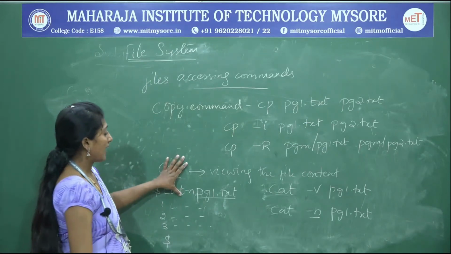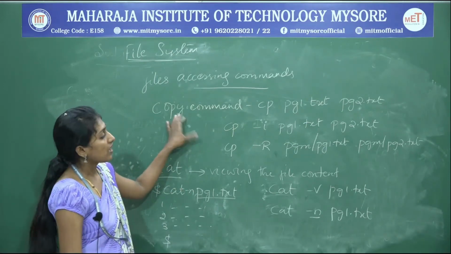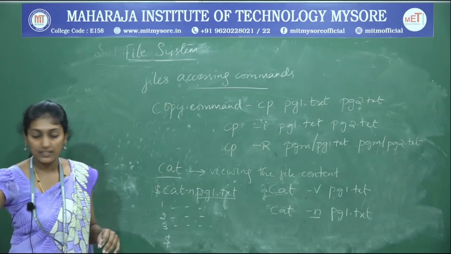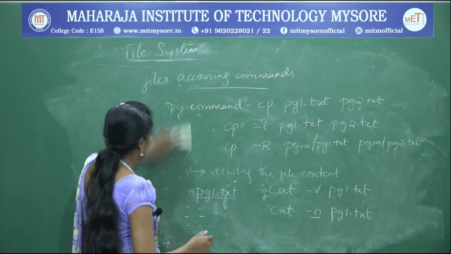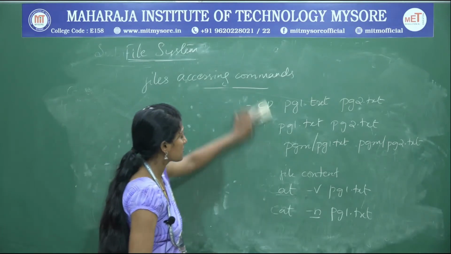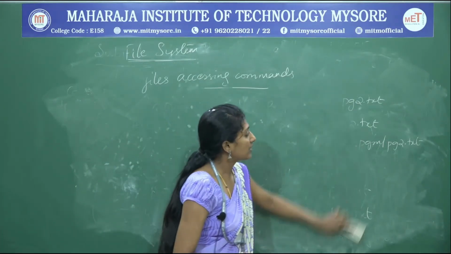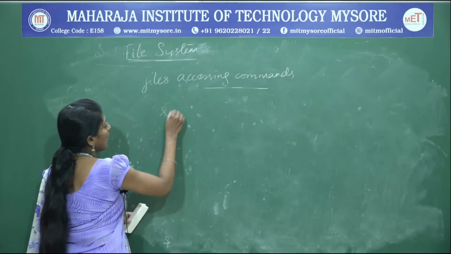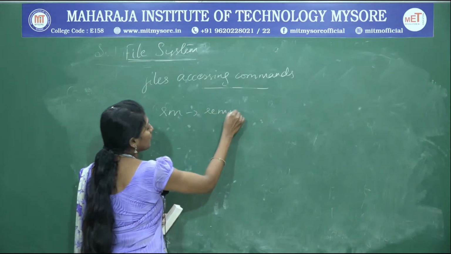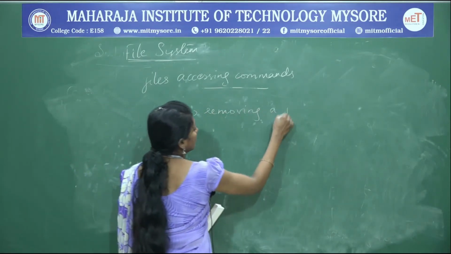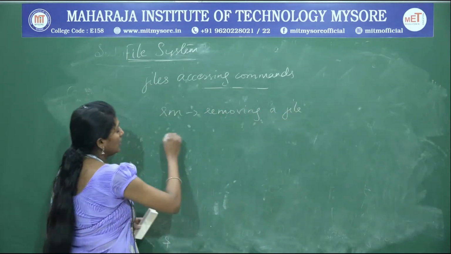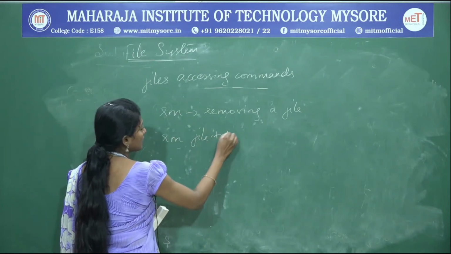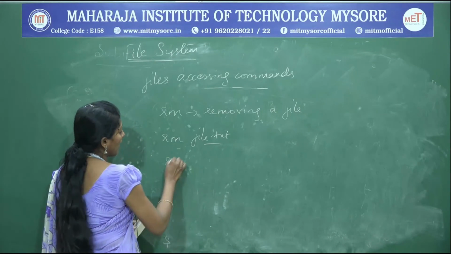So this is about your cat command and copy command. Now that we have known about the copy command and cat command, the next command is the rm command. Rm represents removing a file or deleting a file. So the rm command is for removing or deleting a file. Here also you can give a single file.text file, and that is going to be removed, or rm